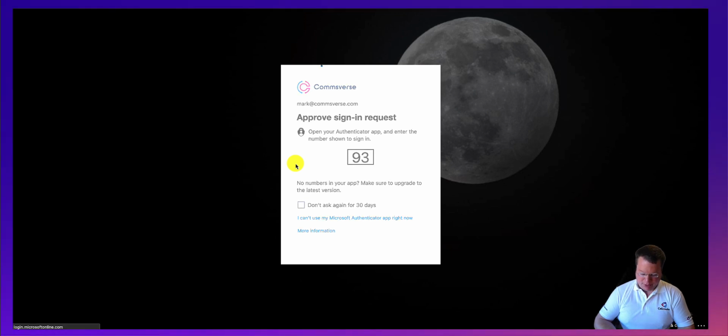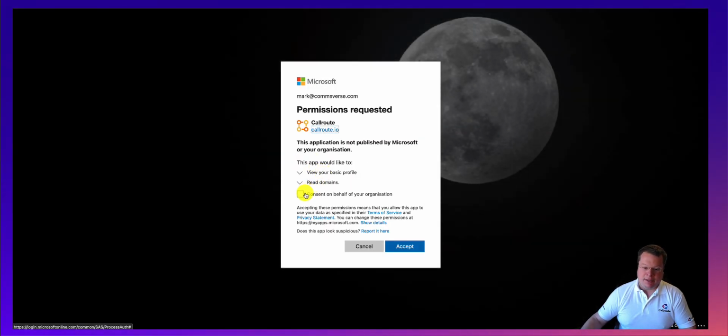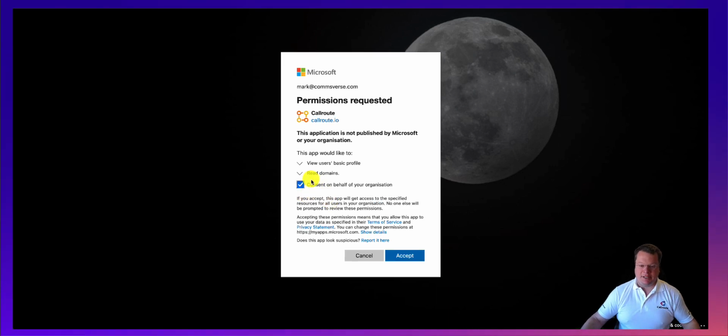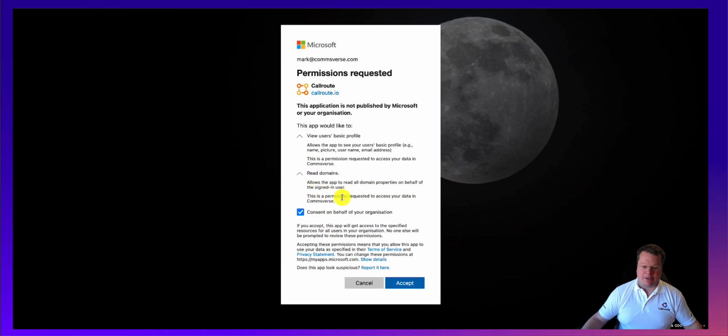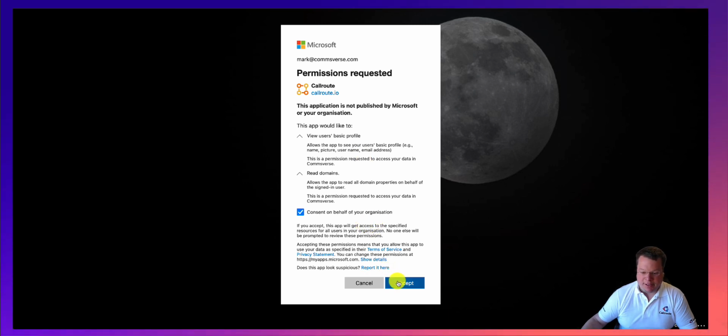And then you will need to grant consent on behalf of your organisation here. These are all we're asking for, really, so the least permission possible required to do authentication. Click accept,